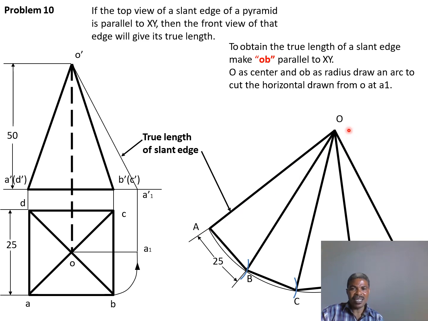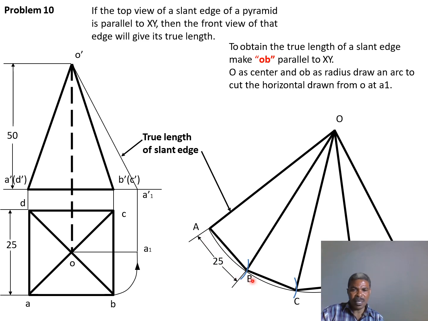For our case here, it is a radius OA. You draw a convenient arc here, but a very important thing to note is how you will get